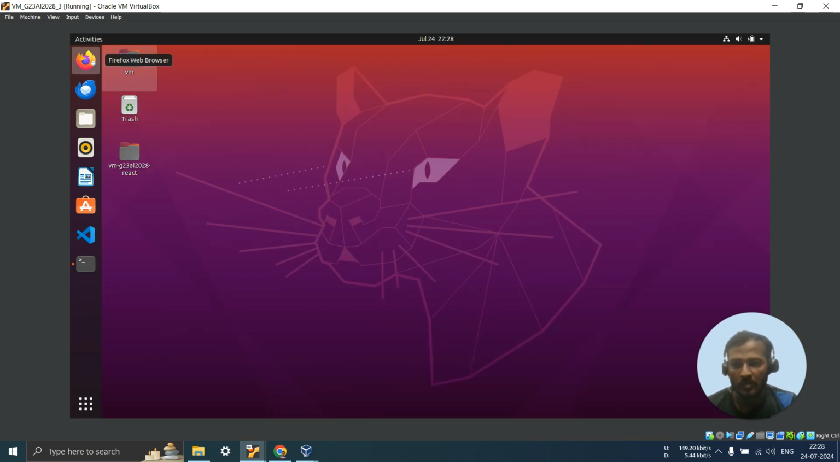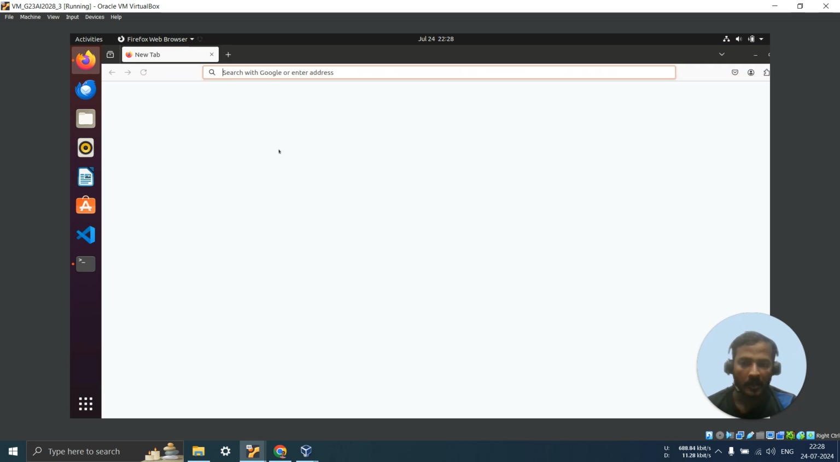So let me go to the Mozilla tab. Now what we would be trying to achieve is to get up and running and use the VM1 hosted Apache server so that we can interact with it from here. So the IP would be,